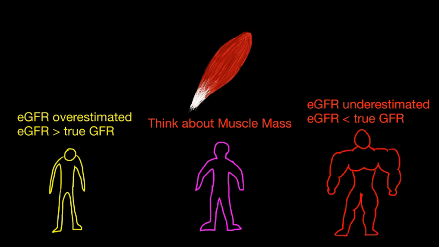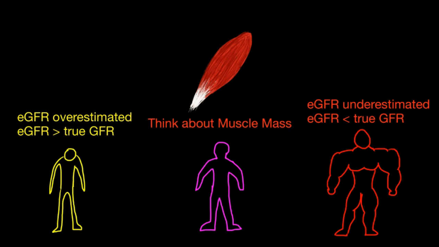And so a patient in this condition may be diagnosed with chronic kidney disease when they don't have chronic kidney disease. Whereas this patient, the frail patient with very low muscle mass, you may think their GFR is better than it actually is. And so both of these situations are important, right? The muscular patient may get diagnosed with something he or she does not have. You may underdose a medication in this patient. However, the frail patient, we may be missing a lot of chronic kidney disease, or we may be not adjusting